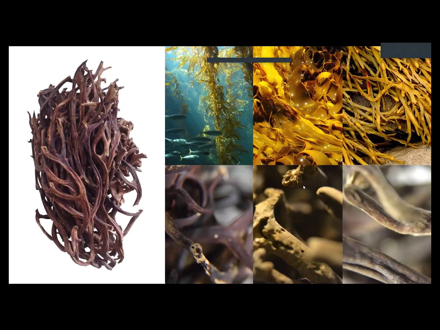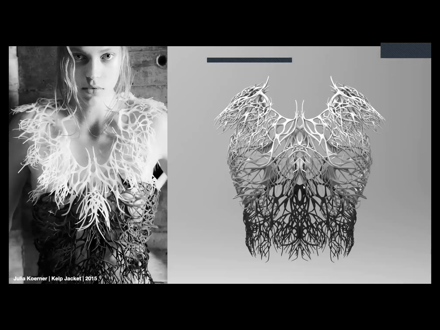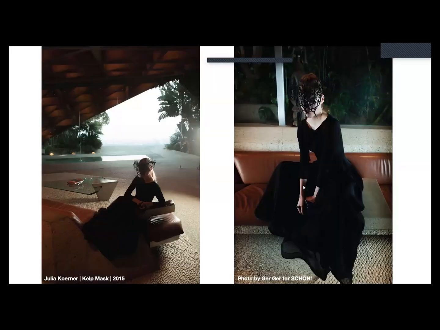The next subject, moving from mushroom, is kelp. You can find this on the beaches here in California, and it inspired me to create the kelp jacket, also a 3D printed jacket with Stratasys. I wanted to have this photographed in a really great way, so I reached out to James Goldstein in the Hollywood Hills. He lives in a Lautner house, and I